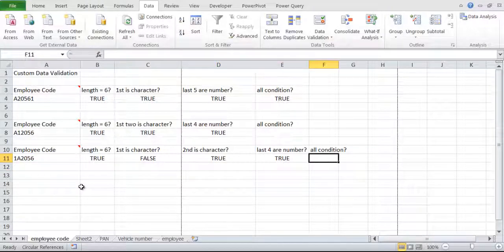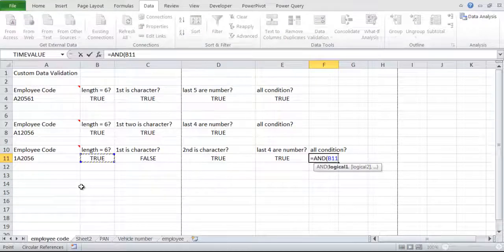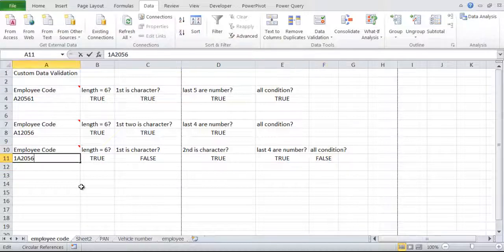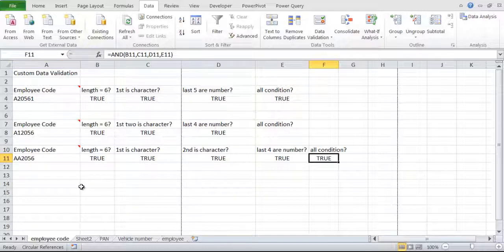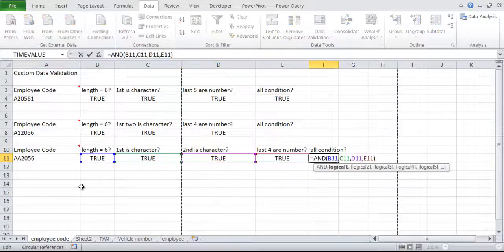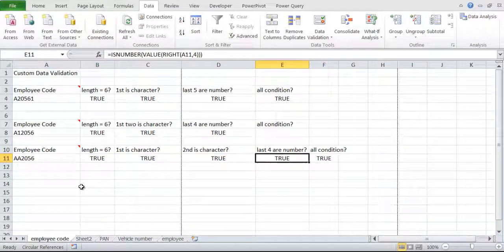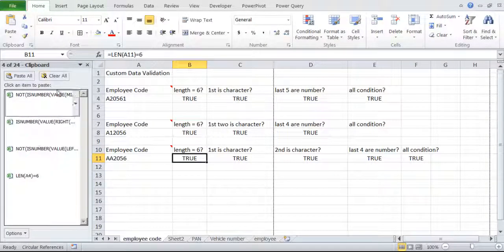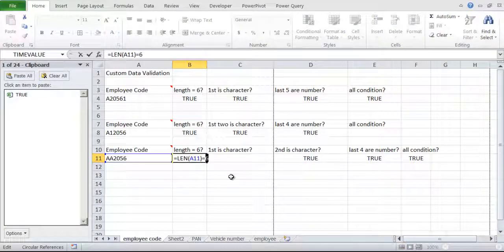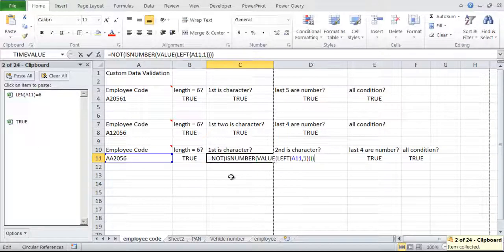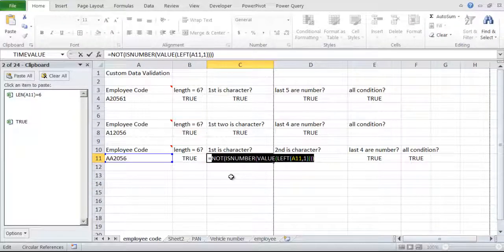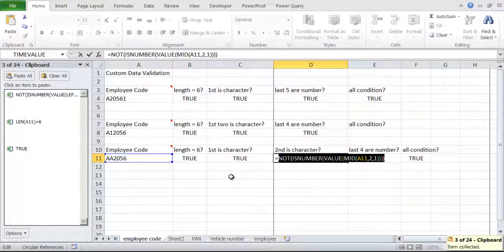So now I can put all the conditions, and I will say AND, this comma, this comma, this comma, this. Now it is coming as false because the first is not a character. If I make it AA, the condition comes as true. So this is how you can make it, and then we'll create the data validation. I will use the clipboard and I will show you how we can copy this entire thing. So you can go to Home and click on this clipboard. So clear all. Once the clipboard is open, I will copy this